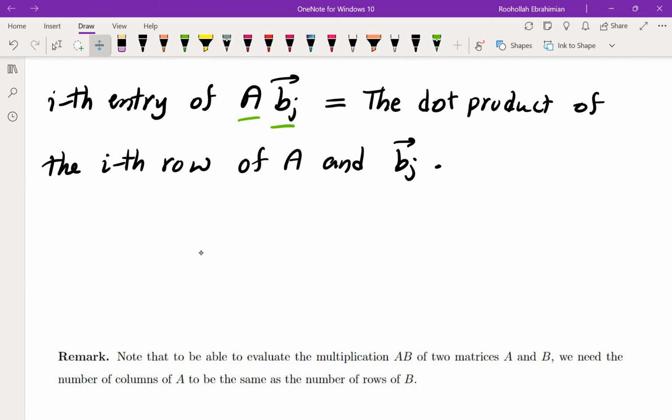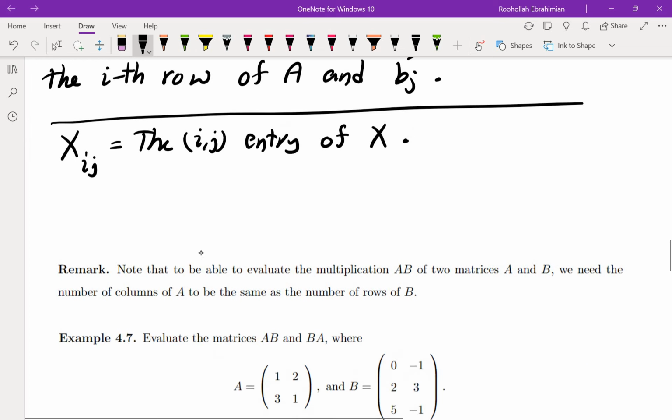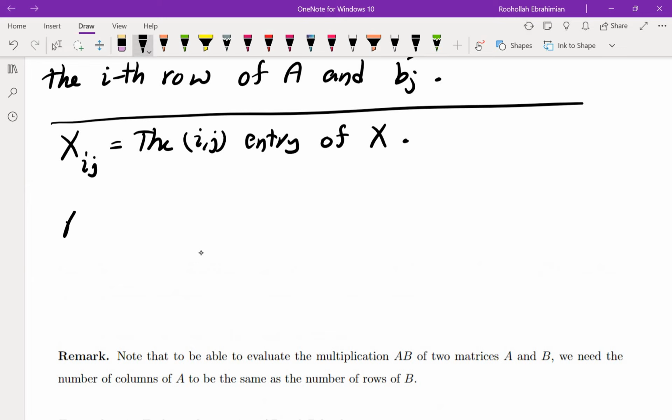There is a way to write that using sigma notation. So let me write it down here. Let's say x_ij is the ij entry of X for every matrix X. Now, if you're multiplying AB and you're trying to find the ijth entry, I'll have to take the ith row